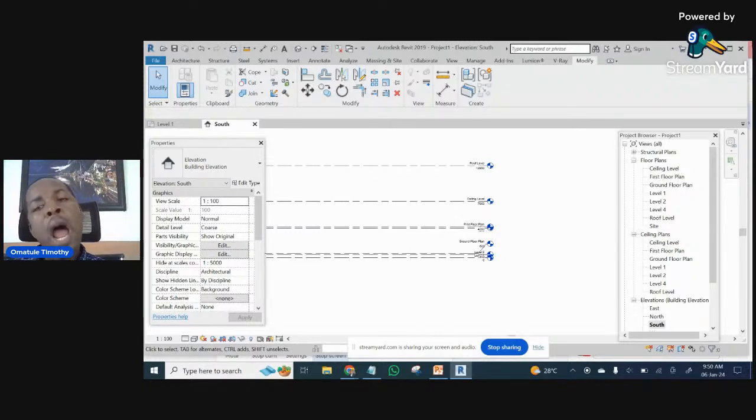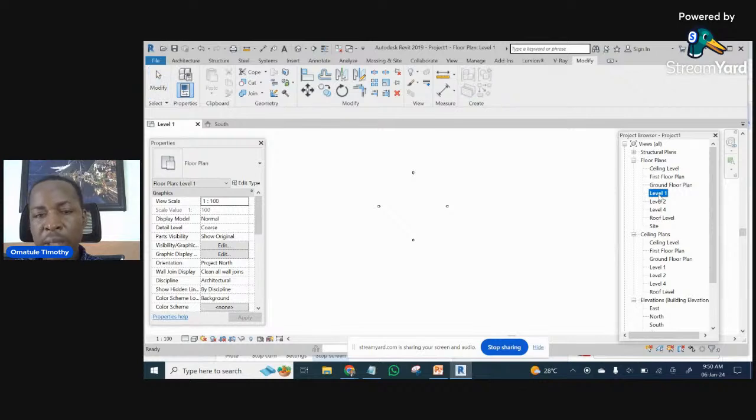Okay, so if I want to start my planning, most of the time, if I am working on the site layout, I usually go to level 1, because this level 1 is assumed to be the natural ground level. So I go to level 1, and on this level 1, I can sketch my site layout there,